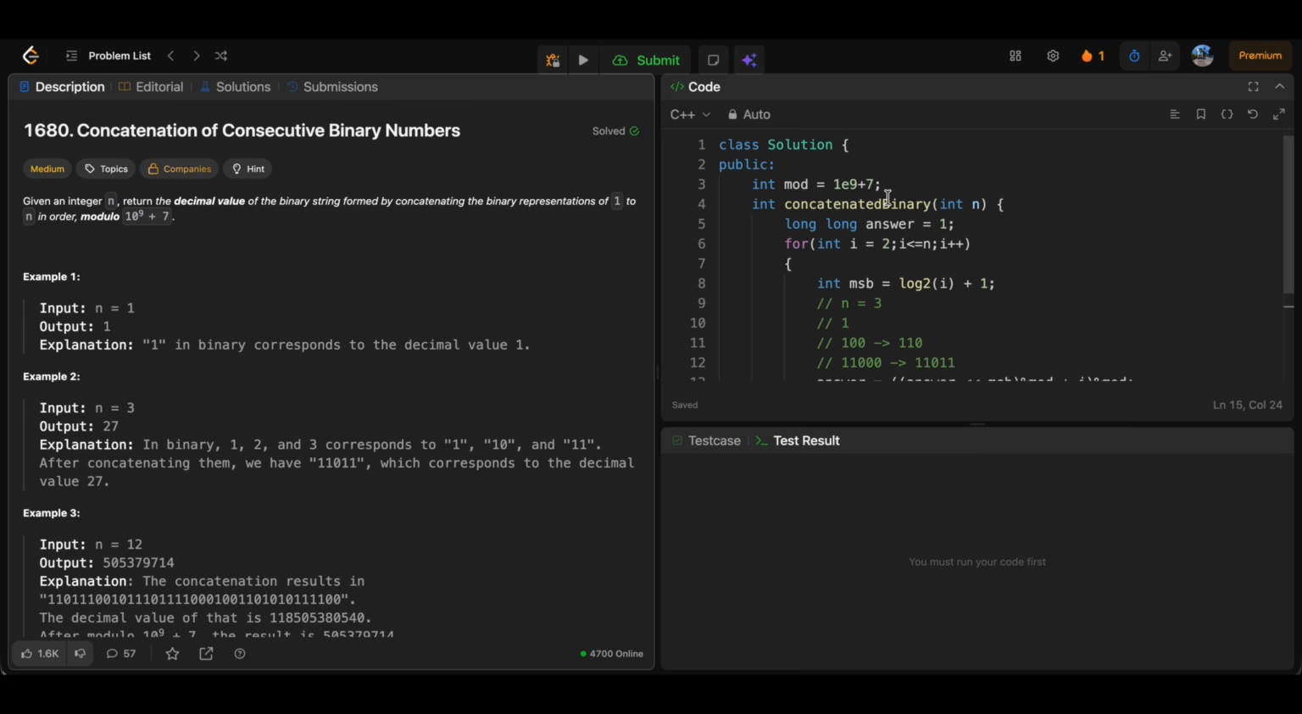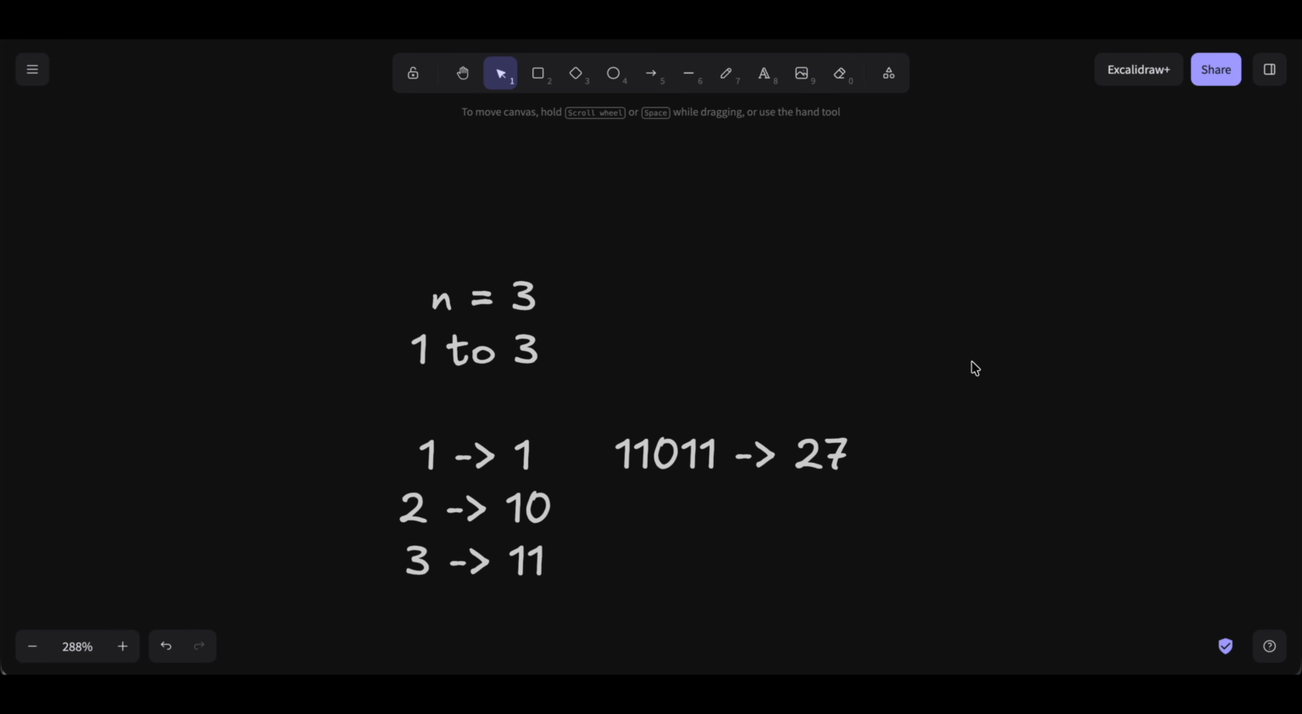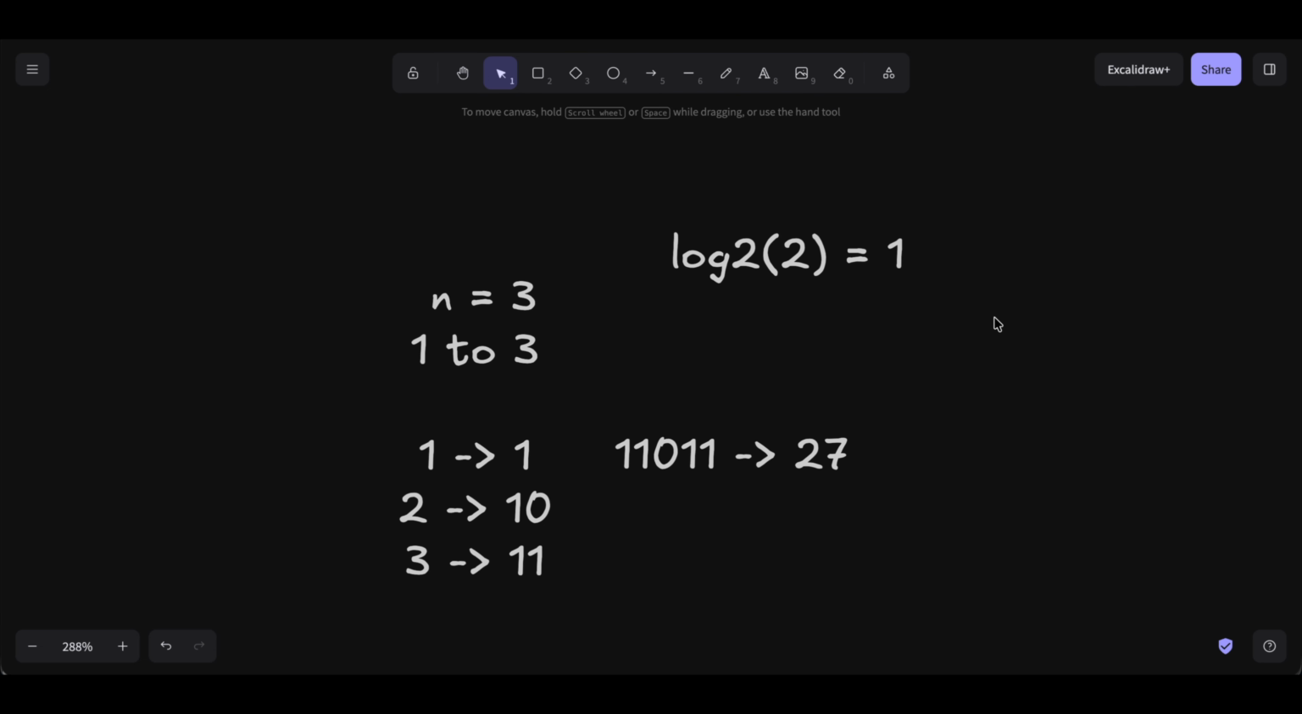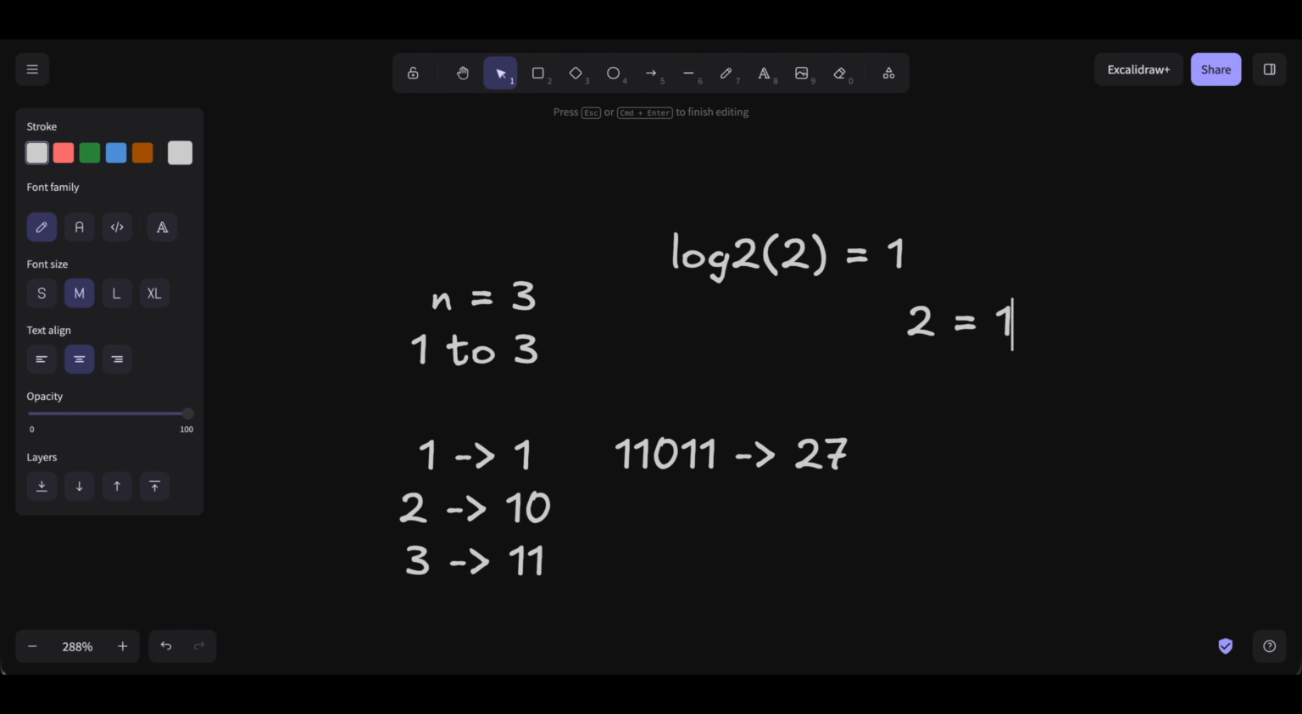So how else can you solve this question? There is a trick in bit manipulation that will help you do this in a big O of n time solution. Let us now understand that solution. Before going to that solution, one thing you need to know is a formula, which is log 2 of any number. When you find log base 2 of 2, you will get the value 1. And when you see the binary representation of 2, you will get 1 0,